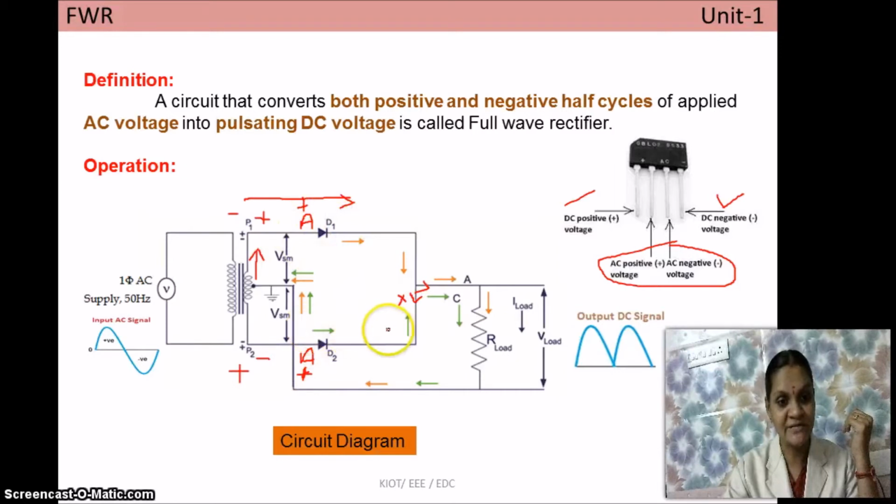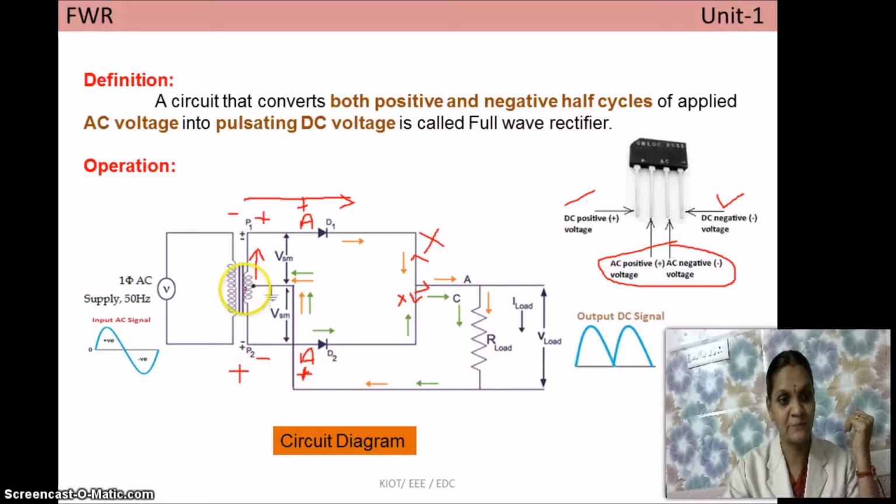So it acts as a closed switch and this one acts as an open switch. So the current prefers the diode D2. Again it takes this path. Here the current will not flow in this direction, because this diode is open. So whatever current comes here, the entire current flows through the load resistance RL